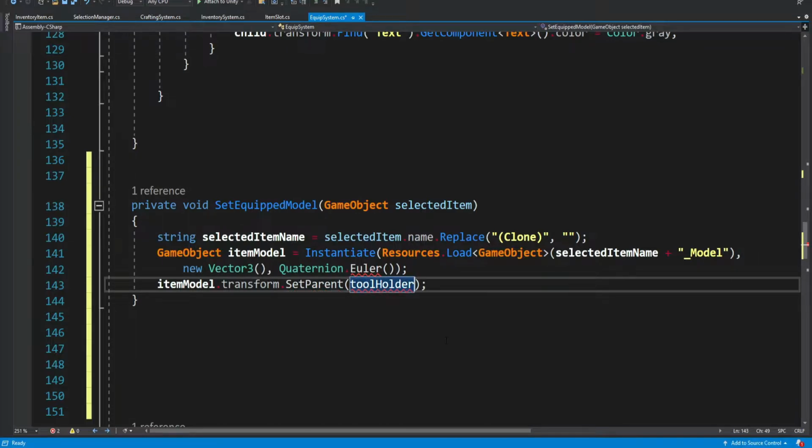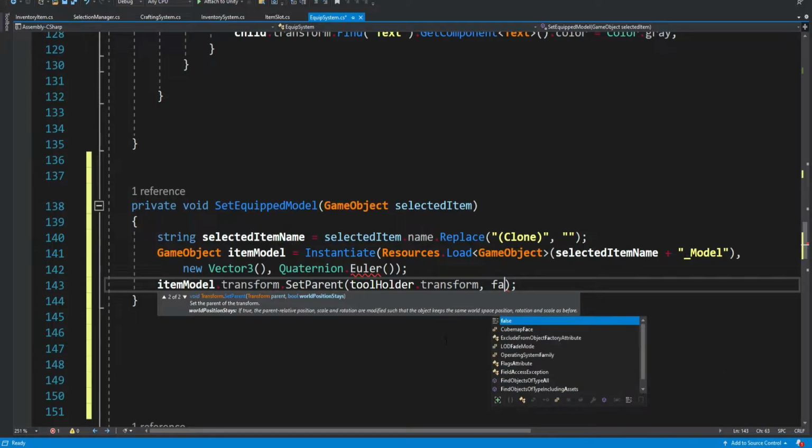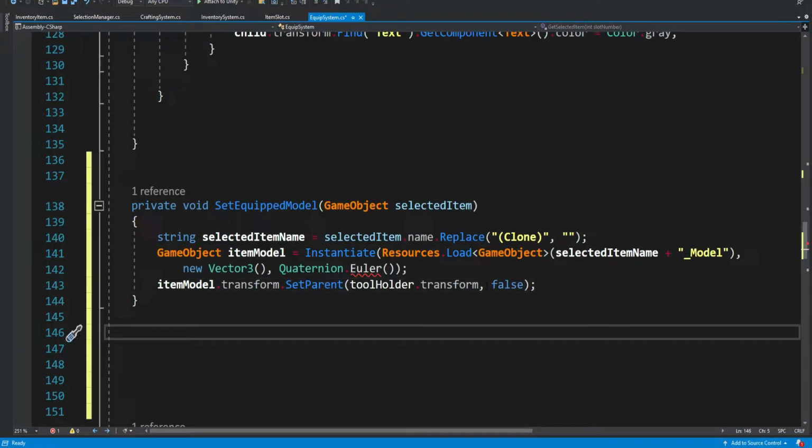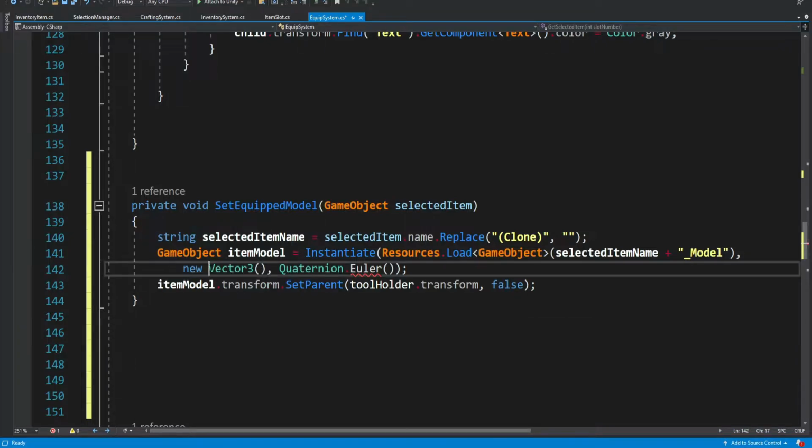So the parent will be the tool holder transform, and over here we say false, because over here we need to provide worldPositionStays. So we don't want it to stay at the same world position, we want to change the world position. And here we're actually changing the world position. So let's leave this for a second.